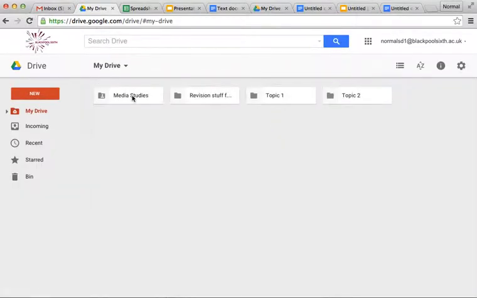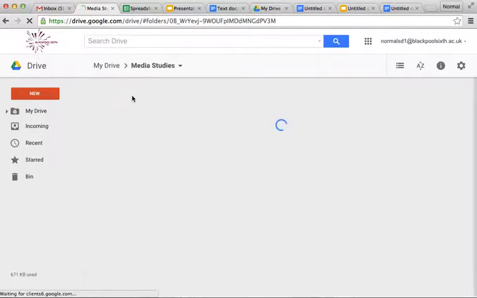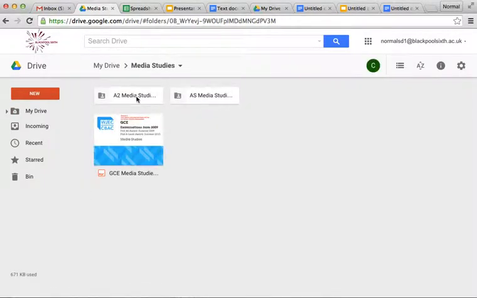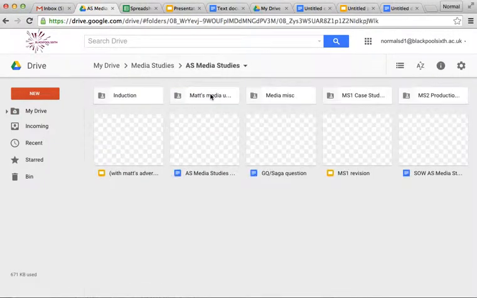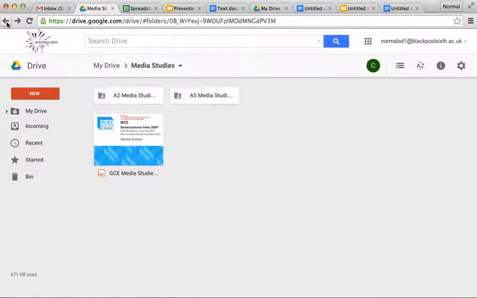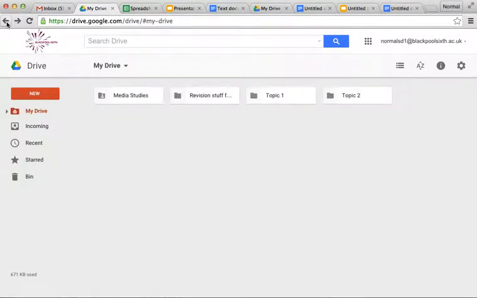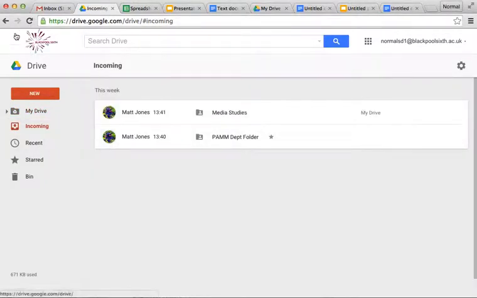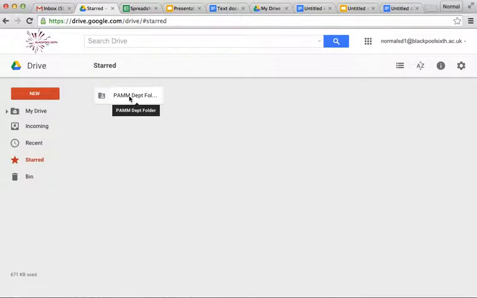Let's refresh that there, and you can see there's my Media Studies folder. That's now on my drive, and I've got all the content of A and AS media there. That's on my drive, but where was that other one from incoming? The PAM department folder. If I just click on starred files, I can see I can find that folder there,